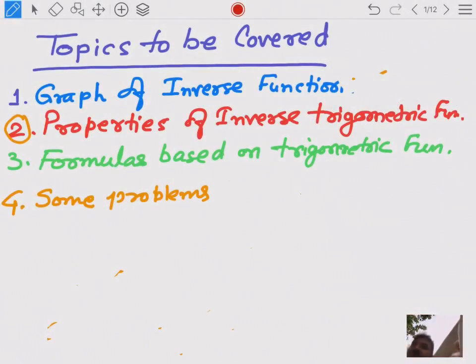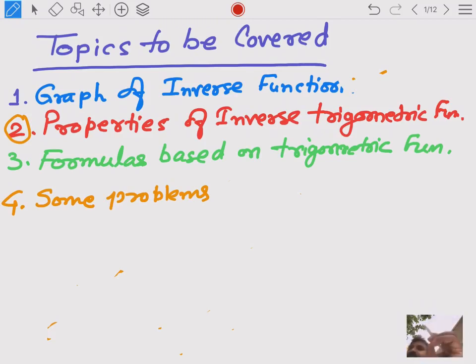Again, I am Ritesh Agrawal, PGT Mathematics in Kendriya Vidyalaya Balaghat, and yesterday was my first lecture, in which we read about inverse trigonometric functions. That was the introduction part, in which we read about the domain and range of inverse trigonometric functions and how we can convert any trigonometric function into an invertible form.